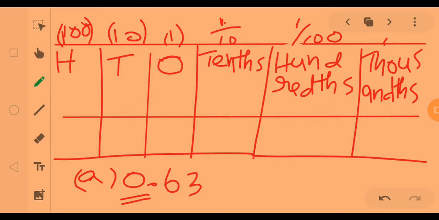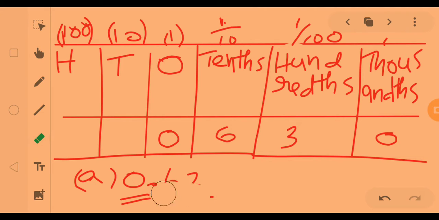On the whole number side, the ones place digit is given as 0. So we give the ones place digit. Then the tenths place digit as 6, and the hundredths place digit is given as 3. The thousandths place: it has 3 places after the decimal, so the thousandths comes as the third place. Here the third place is not mentioned, so we don't need to write anything. Otherwise you may just give a 0 here. If you give 0, that does not make any change. So 0 at the ones place, 6 tenths, 3 hundredths, and 0 thousandths.